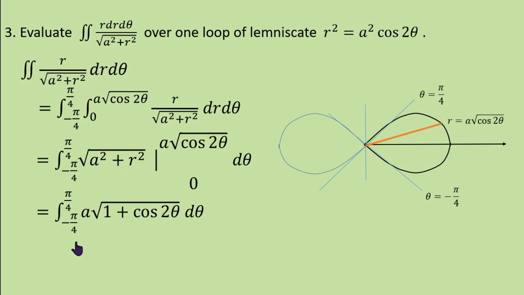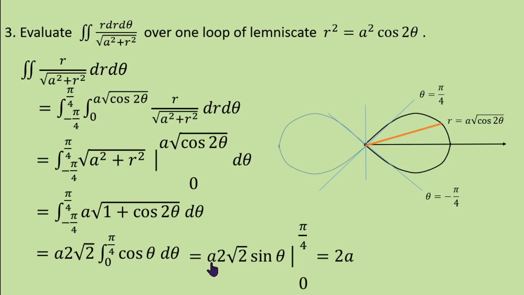Now, the integration of cos theta from minus pi by 4 to pi by 4 is nothing but 2 times the integral from 0 to pi by 4, because cos theta is even. So, 2 into root 2 into a, integral of cos theta from 0 to pi by 4. Minus pi by 4 to pi by 4 becomes 0 to pi by 4. The integral of cos theta is sin theta. The upper limit is pi by 4, the lower limit is 0. Sin pi by 4 is 1 by root 2. Cancel root 2. So, the answer is 2a.